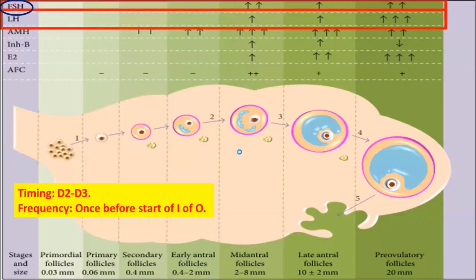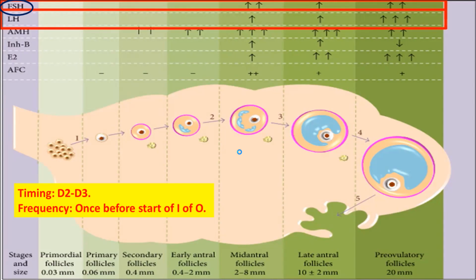The second one is the hormone FSH, and FSH, you know that at the beginning of the menstrual cycle, it shows a little bit lower level, but increases with time. So the best time of estimation of the basal FSH is day 2 to day 3. And if you measure FSH late, at pre-ovulatory or late in the menstrual cycle, the measurements of the FSH are not indicative of the ovarian reserve of the patient.